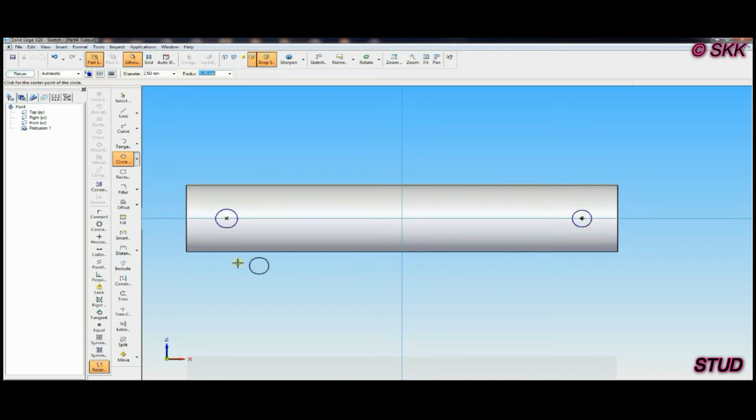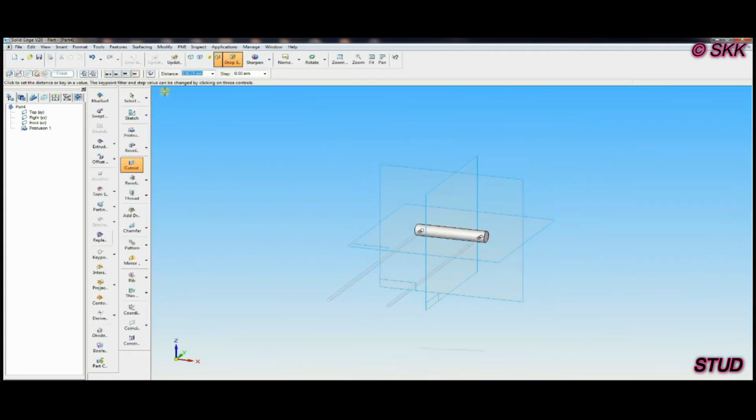One circle is 2.5, another one is 2.8. Right side circle is 2.5, left side is 2.8. Distance is 4 on both sides, like this. And return, through cutout, symmetric through cutout, like this.